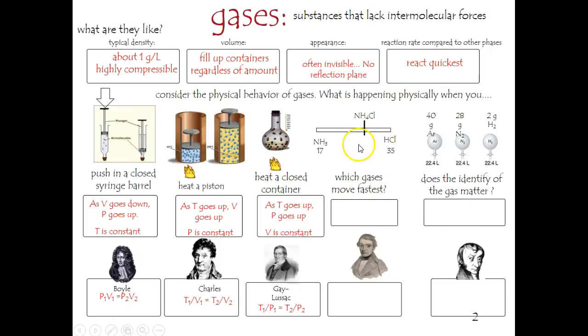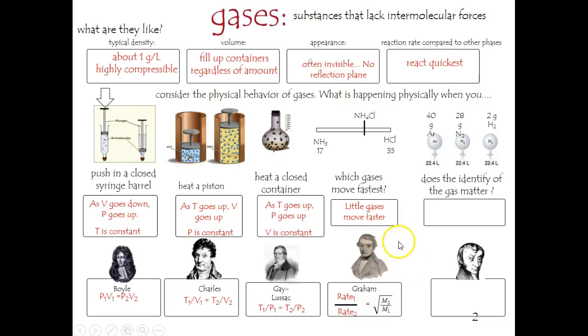Which gas moves fastest under these conditions? Well, we have a relatively small molar mass gas compared to one that's twice as big. Note that these will meet at about this point, showing that the ammonia gas is traveling faster. This was studied by Graham, who found that the small molar gases go faster, but interestingly, twice as small does not mean twice as fast. In fact, twice as small means 1.414 times as fast.